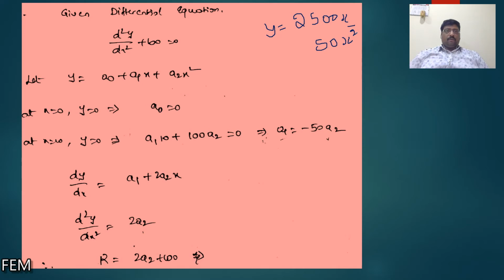square. Now the limits are given as between 0 and 10, with the boundary conditions x equal to 0 and x equal to 10. If I substitute the values of x from 0 to 10, I can get the displacement function at that particular point. Okay, so this is the method to determine the solution and identify the displacement field at any point.